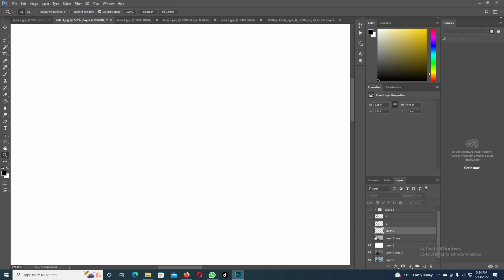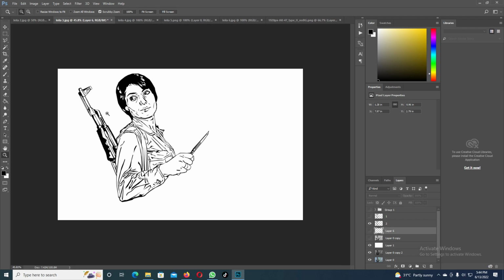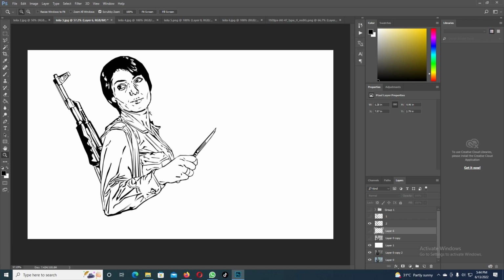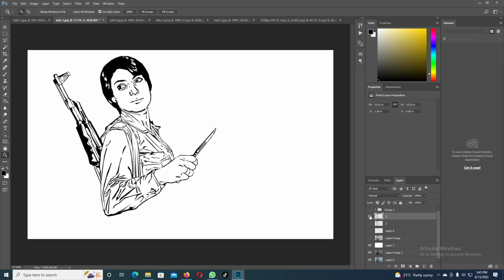I've done mine. I'm going to show you now. This is what I've done. I did the Kalashnikov in the same way, just put it there. And I did two of them. I did one, and I did this other one. And I think this one actually is the best one. And I think this I'm going to use, but I'm going to print them both